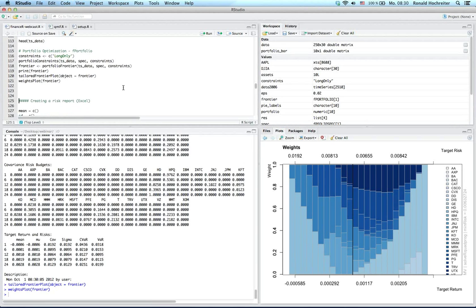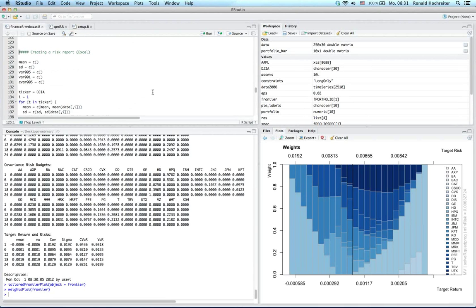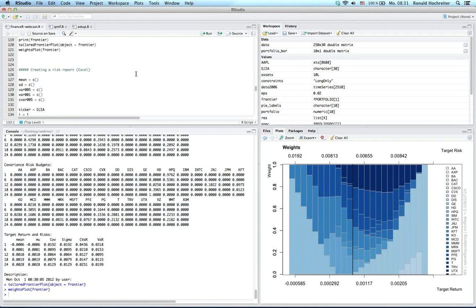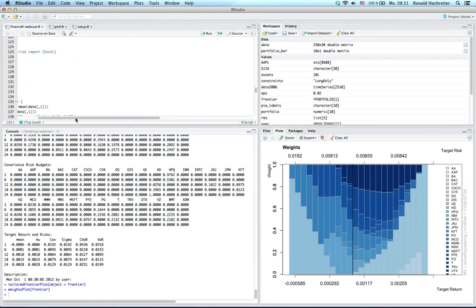all around our portfolios, our frontier. So sometimes you say, okay, maybe a portfolio optimization might be too much for me, I'm, for example, just interested in creating a first risk report. Of course, this is what we're going to do next. It's very fancy to just use some commands and get a portfolio optimization, but let's tune down a bit and just create a standard risk report